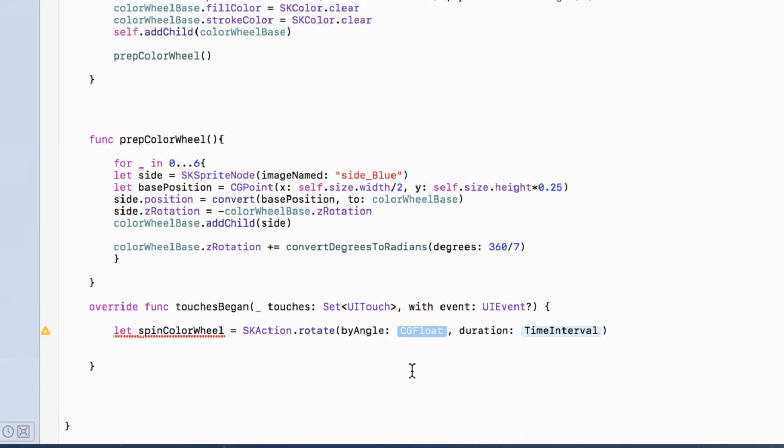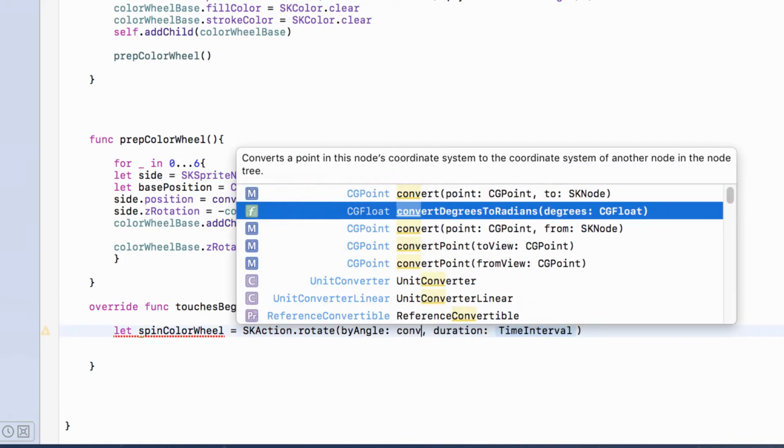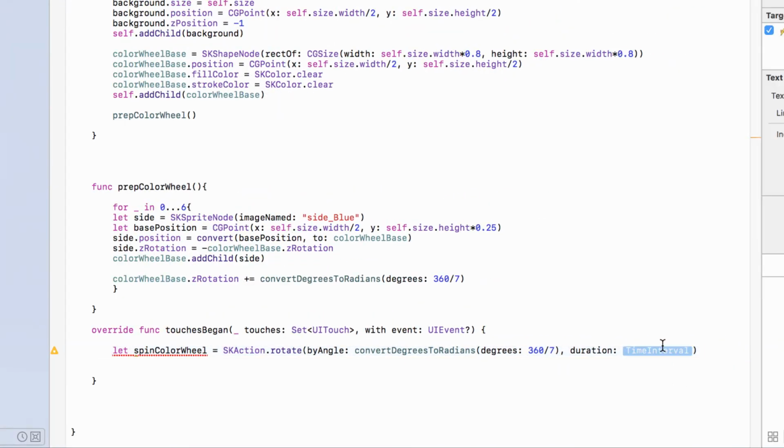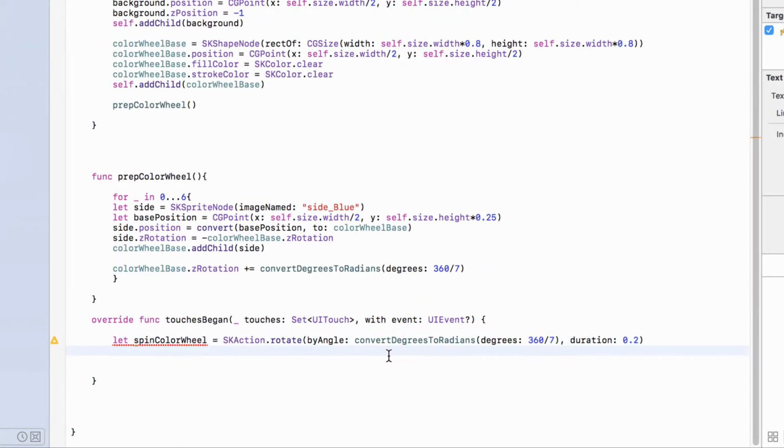So we could do this in radians, but we will use our convert degrees to radians helper function, and we just pass in 360 degrees divided by 7. We want this to happen over 0.2 seconds. So now any object we run this on will spin by this amount, about 51 degrees, over 0.2 seconds. Now the thing is, I think this is a bit weird, but as this is a positive number, this will make an object spin anti-clockwise. If we want it to spin clockwise, it has to be a negative number, so we will do negative whatever